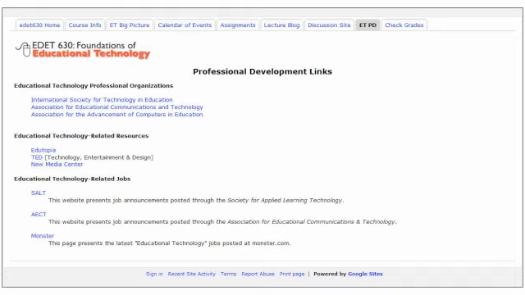I have a tab for what are called professional development or PD links, and I'm going to be referencing some of these in the course, but these are some important places for you to access professional development information about this particular topic, or the topic of the class, educational technology. And specifically, if you look at the bottom of the page, there are some links to